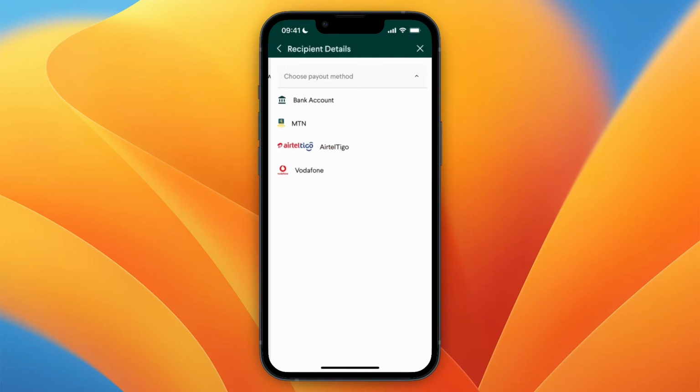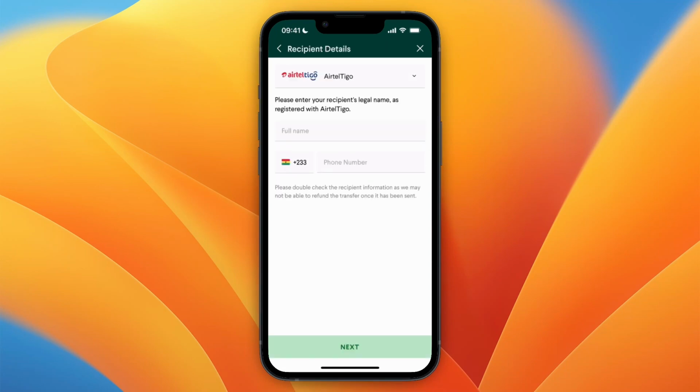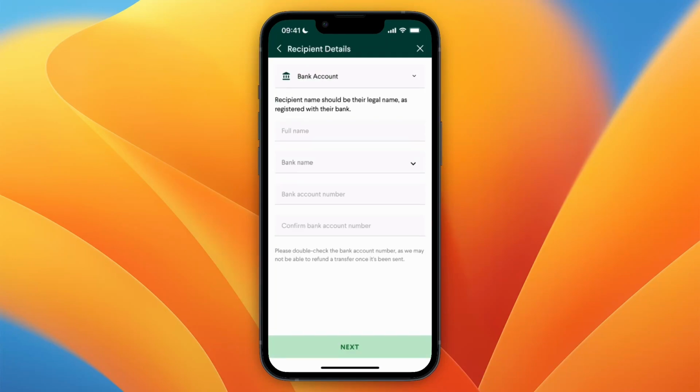Now click add new recipient and choose how you want the payout to go. I'll choose Airtel Tigo, and then here you need to enter their details. Now if I choose their bank account, I will need to enter some different details, but just follow all these steps